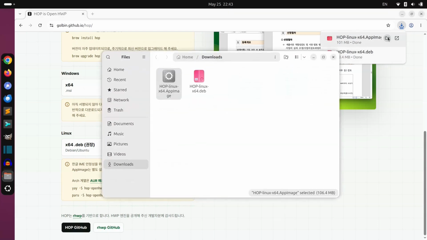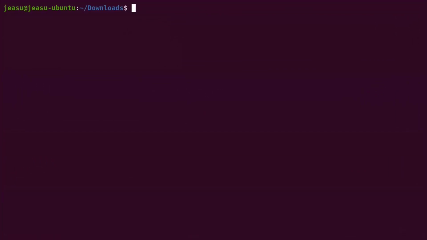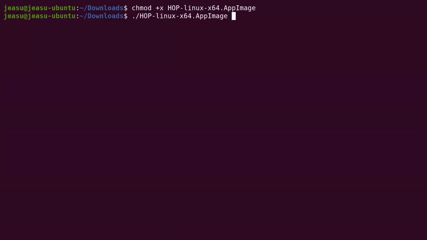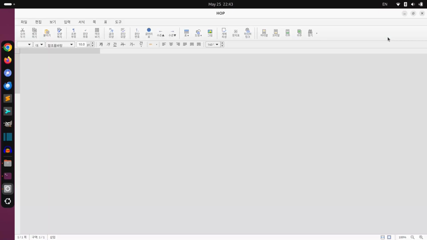I will start by explaining the settings for the Portable AppImage file. I will launch terminal in the current directory. To run the AppImage file, you must grant execute permissions. Now, you can run Hop by double-clicking it with the mouse in Nautilus. Since navigating to Nautilus to run it is cumbersome, I will run it directly from the terminal where I am